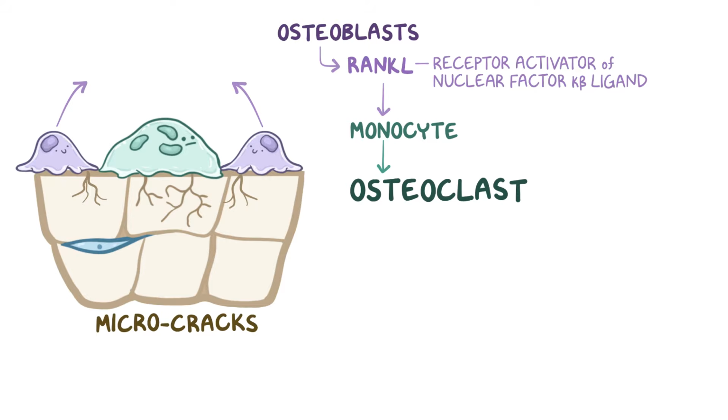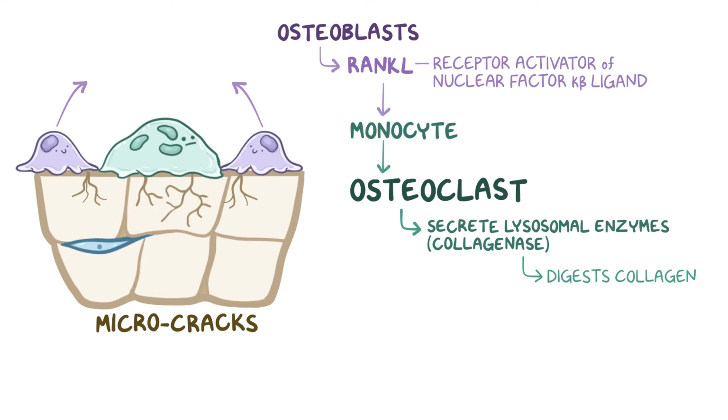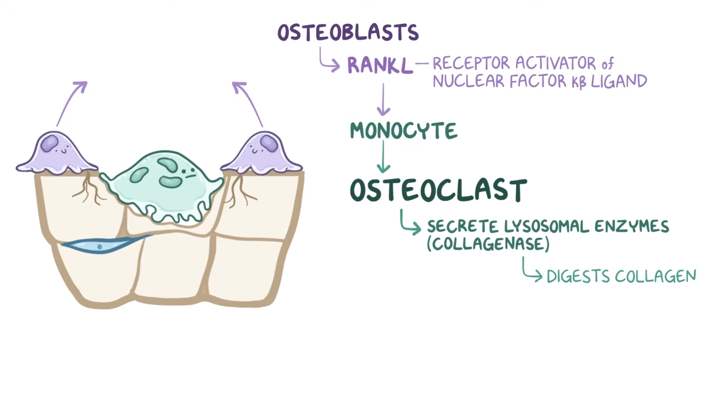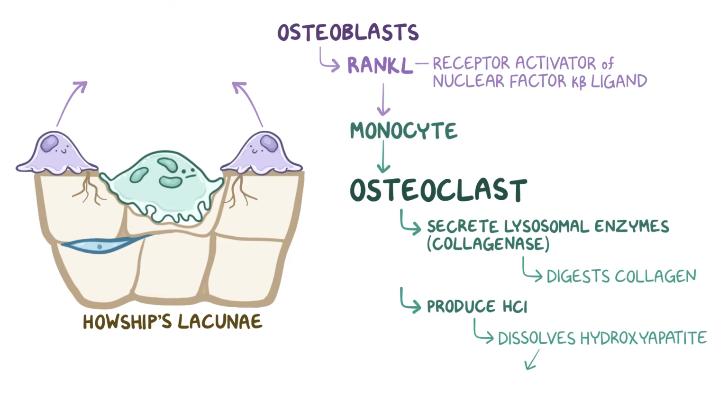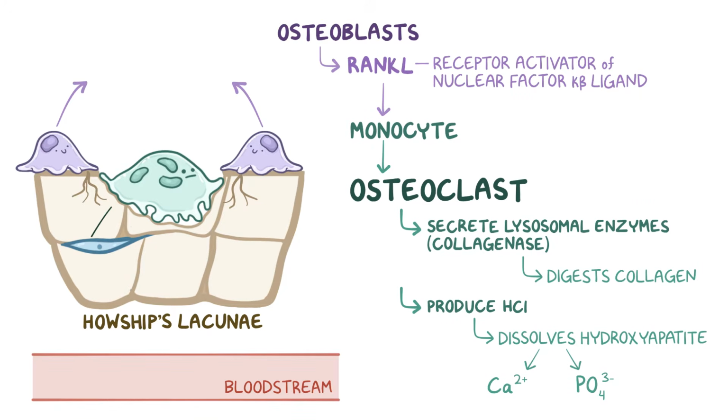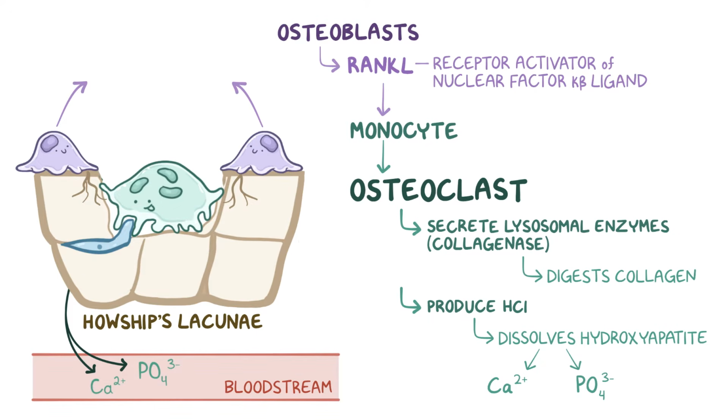The osteoclast starts secreting lysosomal enzymes, mostly collagenase, which digest the collagen protein in the organic matrix. This drills pits on the bone surface known as the Howship's lacunae. Osteoclasts also start producing hydrochloric acid, which dissolves hydroxyapatite into soluble calcium and phosphate ions, and these ions get released into the bloodstream. There are also a scattering of osteocytes which are trapped in the bony matrix. When these get freed up by the dissolving of bone, they get eaten up or phagocytosed by the osteoclasts. Man, what a sad way to go.